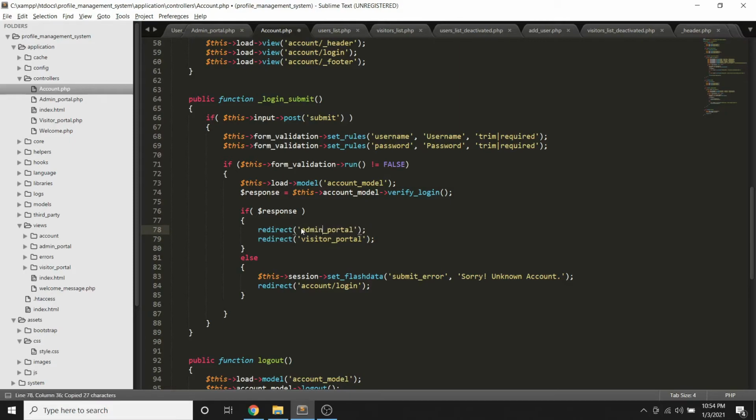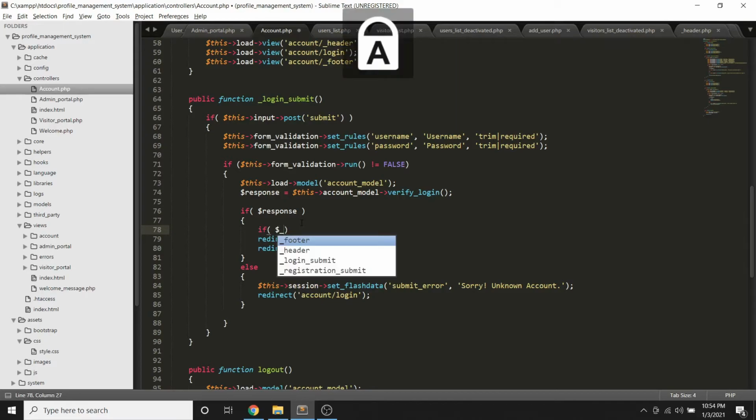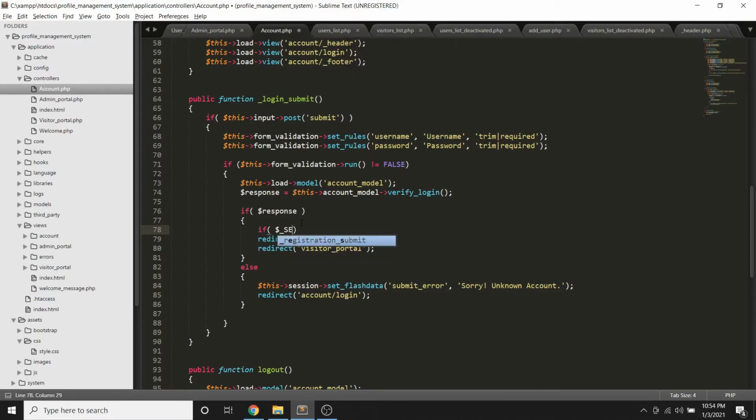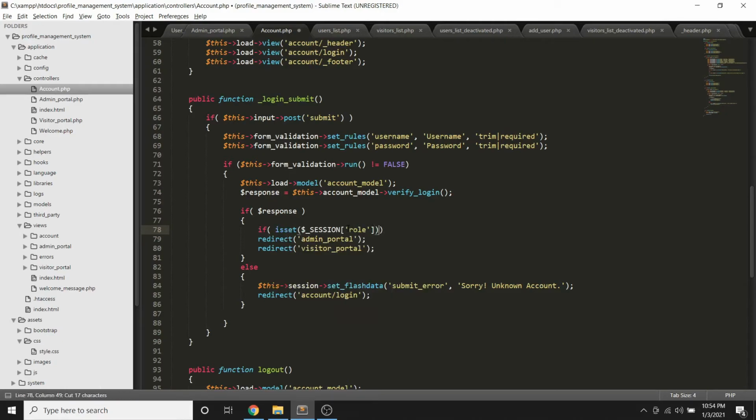So what will we do? We have a reference for the role, which is the session. So we can have the session role. Okay? First, we check if it is set. If it is set, we then check if his role is equal to